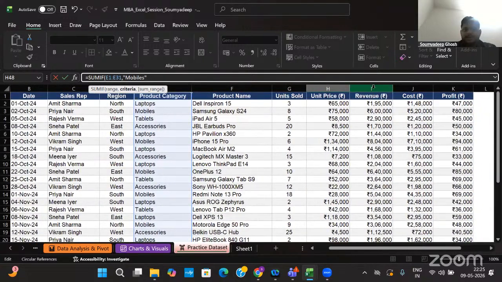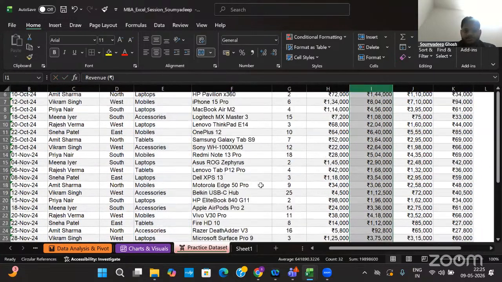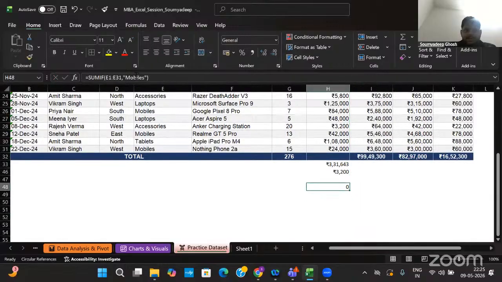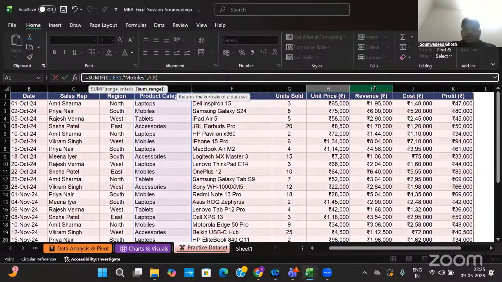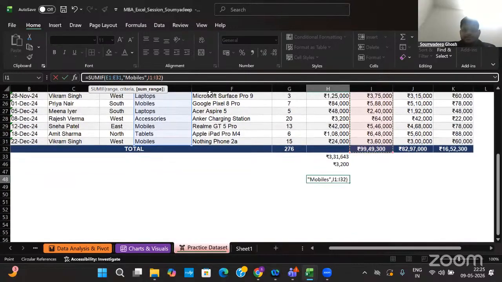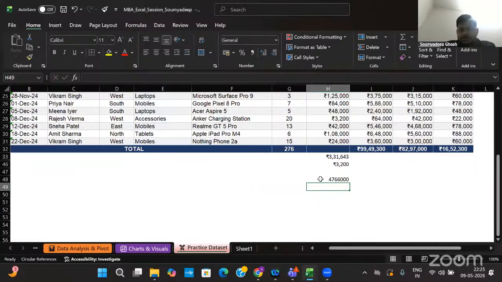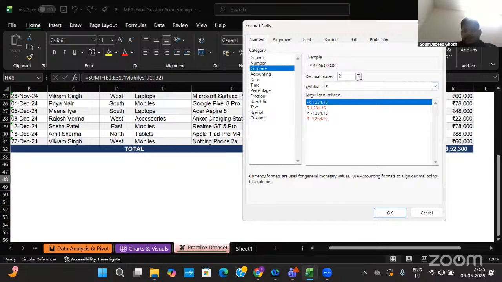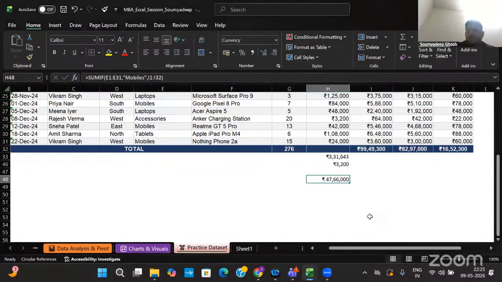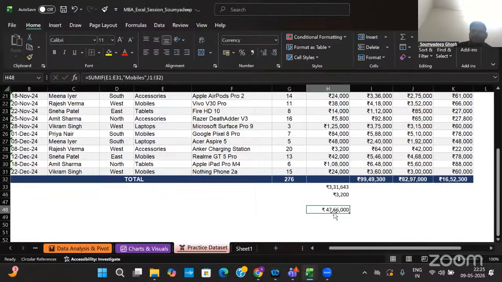Suppose I just want to get the total revenue. Then I'll select this one. See, I am getting the total revenue across the mobiles category. Now I'll change the formatting from here and make it INR.